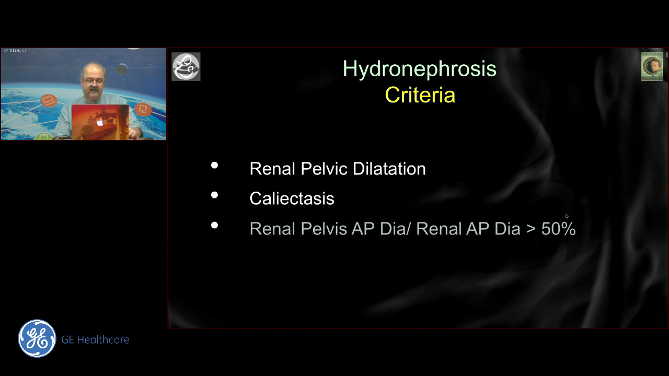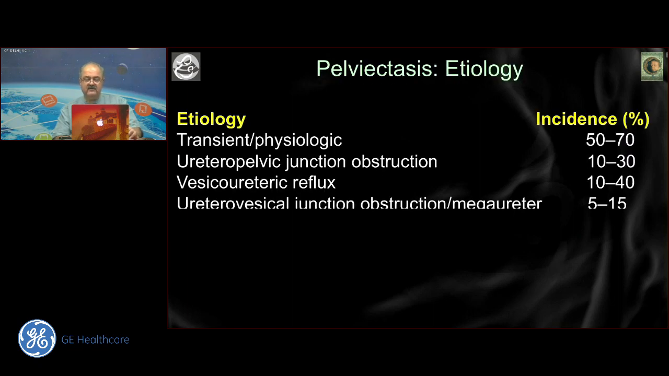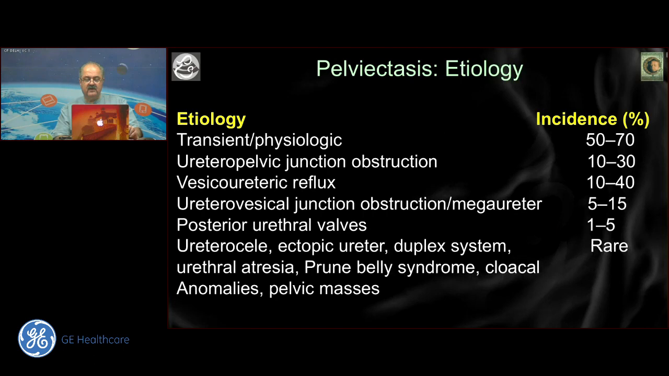We use absolute values. Then you open your mind to the level of obstruction. We know it could be transient or physiological, or it could be a ureteropelvic junction or a VU reflux, a ureterovesical junction obstruction, posterior urethral valves, some of the unusual ones which are the ones I've listed here and we've spoken about, but usually the vast majority are transient and they will go away if you watch the fetus for